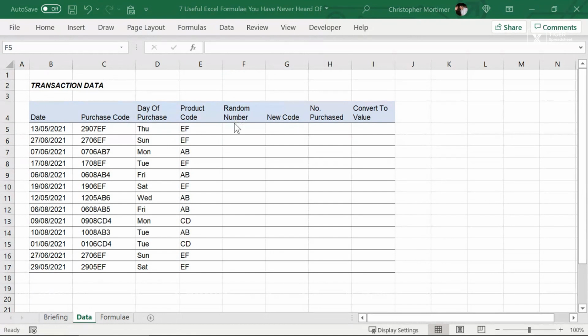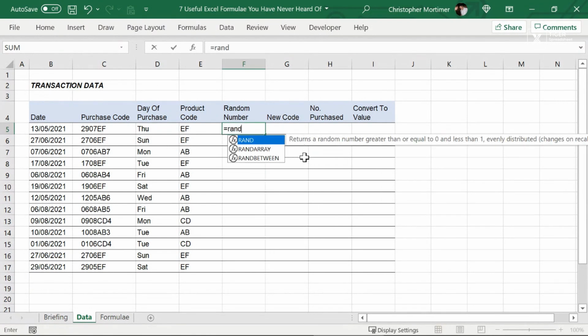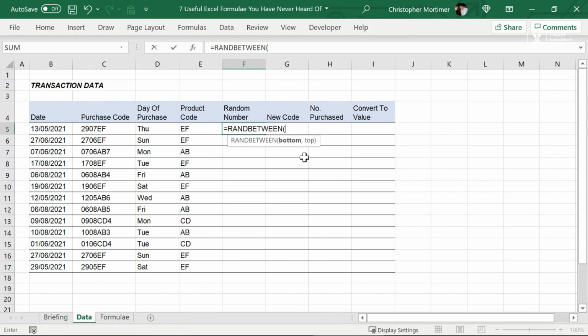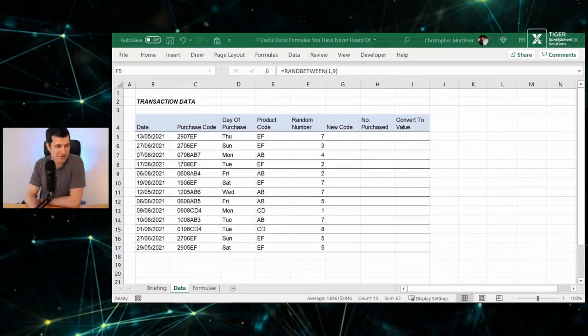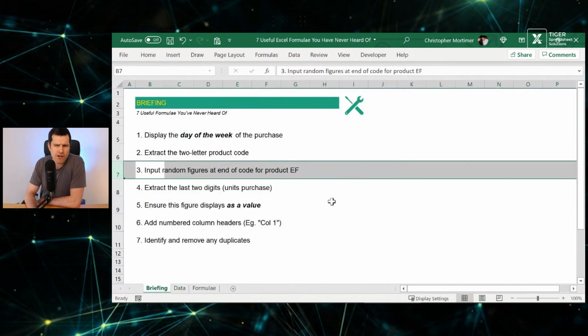Well, the RANDBETWEEN formula. Let's give it a go. Equals RAND and then B, and then I'm going to hit tab. The formula is going to auto-populate. Excel is going to choose a random number between the 2 numbers I type in. So I'm going to go for 1 and 9 because looking at the data, it's a single value between 1 and 9 that I want. The RANDBETWEEN formula there. So Control D now, copying that formula down. The RANDBETWEEN formula and the RAND formula, there's a few other Excel formulas so useful for creating random data. You'll have to do it all the time as you go through your Excel career. So we've managed to